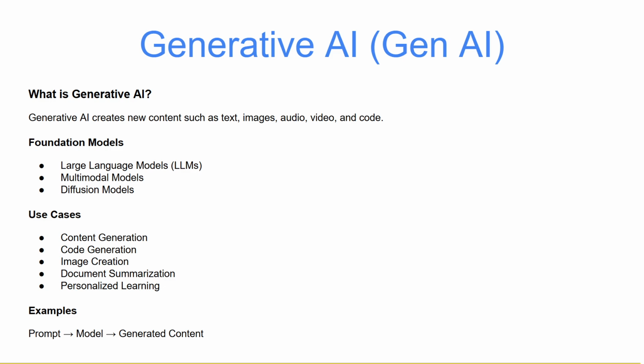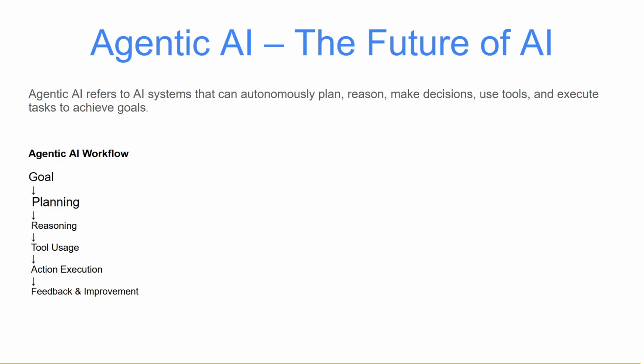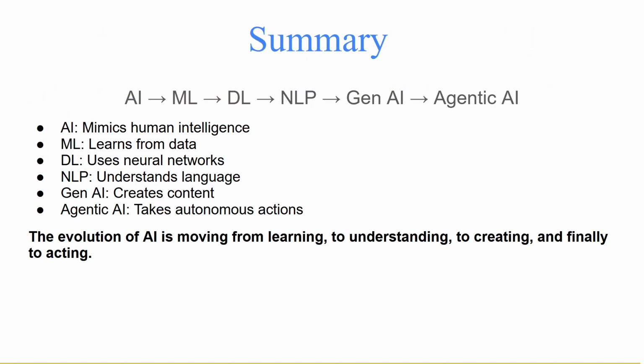Okay, now we are coming to agentic AI, right? What is agentic AI? This is where agentic AI comes in. Agentic AI refers to autonomous systems that can think, plan, and act independently, right? This system can set a goal, make decisions, execute the task, and learn from the outcomes. They don't just respond, they initiate, right?